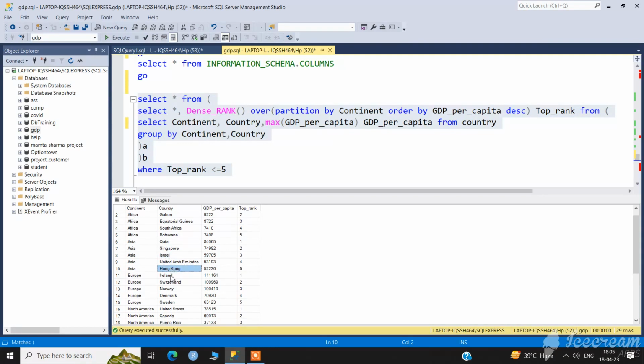Sorry, and in the Europe region, you can see here the first country according to GDP per capita is Ireland, second is Switzerland, third is Norway, fifth is Denmark, and sixth is Sweden. And in North America, the first country is United States, second is Canada, third is Puerto Rico, fourth is Panama, and fifth is Trinidad and Tobago. Okay, and in the Oceania region, first is Australia, second is New Zealand, third is Fiji, and fourth is